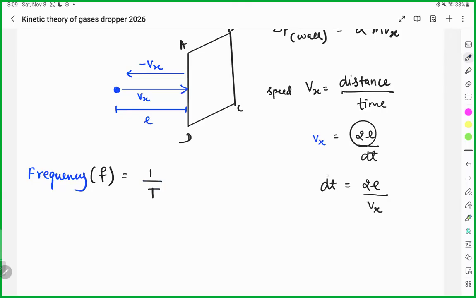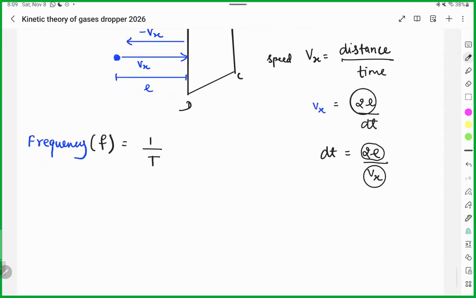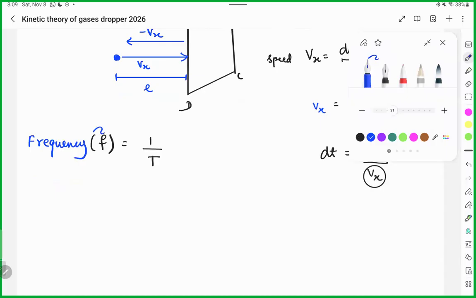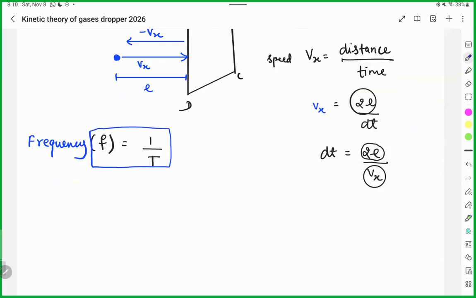And this dt is the gap between the two collisions. एक बार collision हुआ, उसमें vx velocity थी and distance covered was 12। उसके बाद next collision होगा तो उसमें कुछ टाइम लगेगा, that is dt। this dt is the time between the two successive collisions. तो अगर फ्रीक्वेंसी निकालते हैं वो होता है 1/टाइम। तो यहाँ पे अगर हमें देखना है कोलिजन की फ्रीक्वेंसी क्या होगी, तो dt का उल्टा होगा।